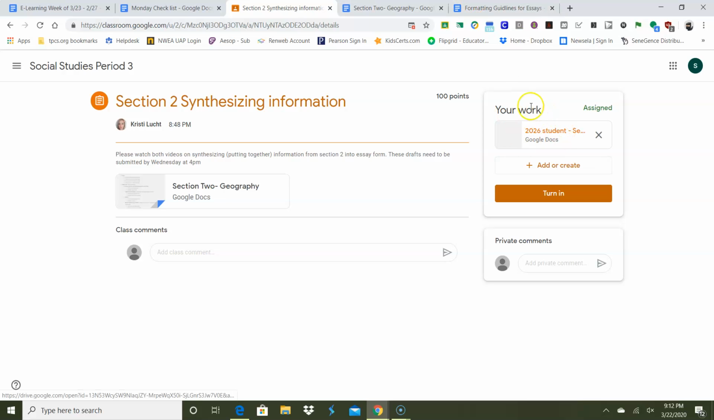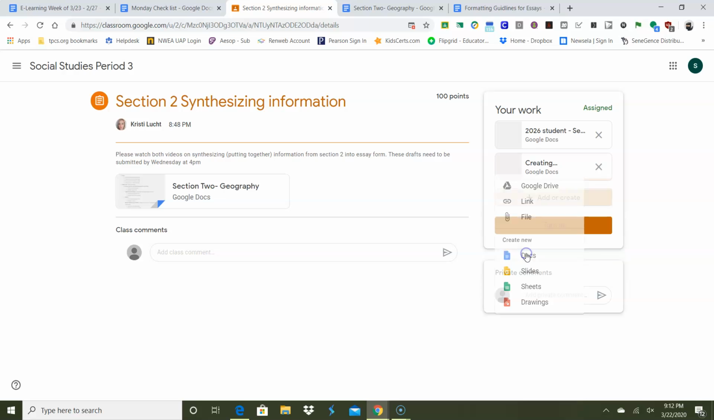So you already over here have a doc created for the maps. We're going to create a second doc. So here where it says the plus sign and add or create, we're going to add another doc. So it's creating another doc,